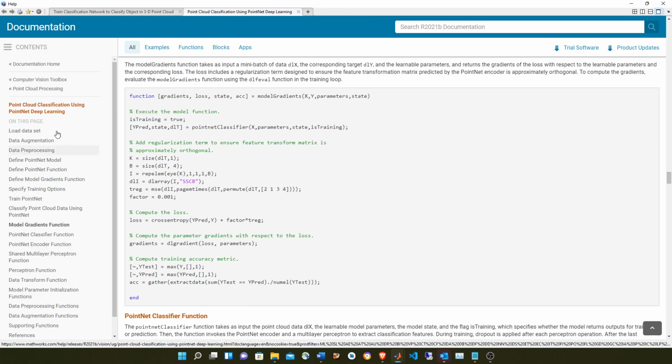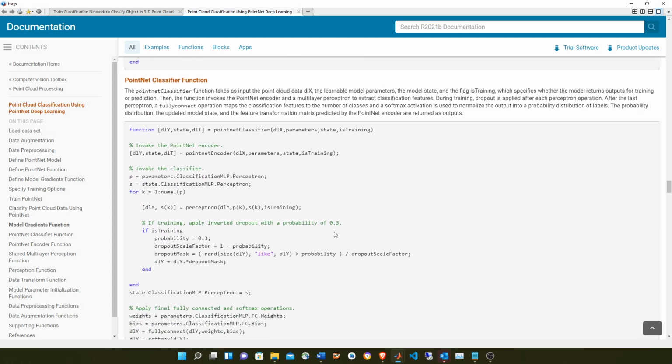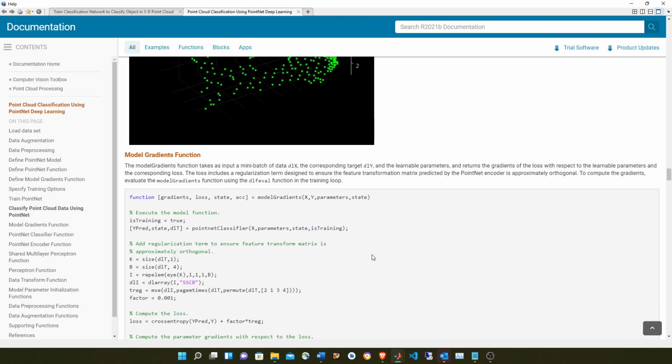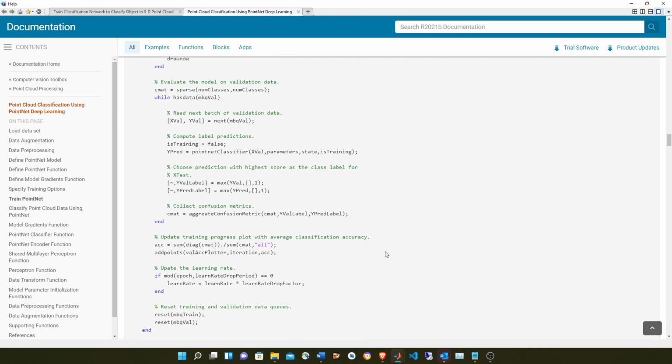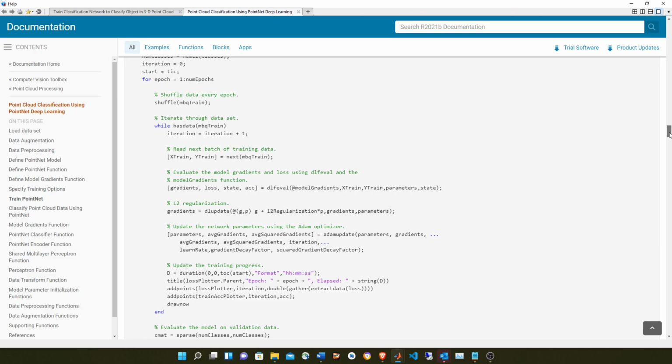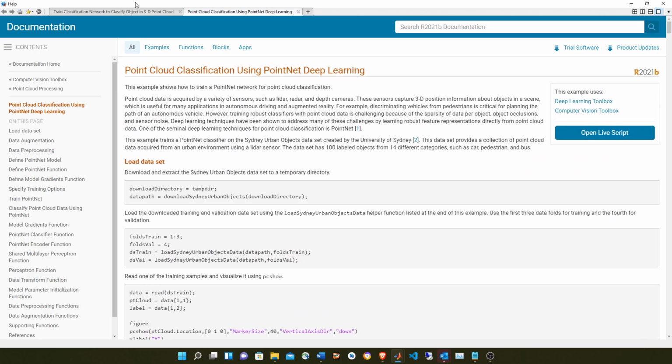For example, here the gradients call the point classifier, that is basically you do the weights manually and do all the computations, and using dlarray and dlfeval you compute the gradient and manually you call the adaptive momentum update to update the weights using the gradient. So basically this is the manual training. This example is very long. I'm going to put this in the reference in the description, which is below this video,